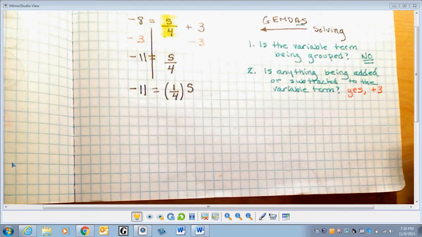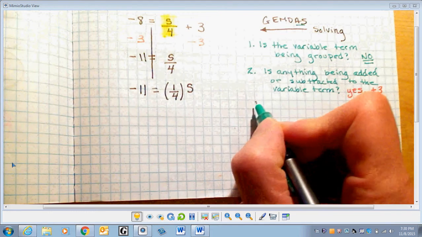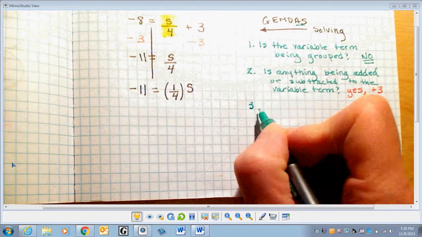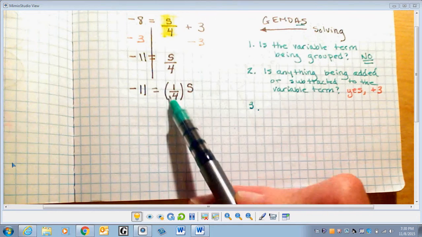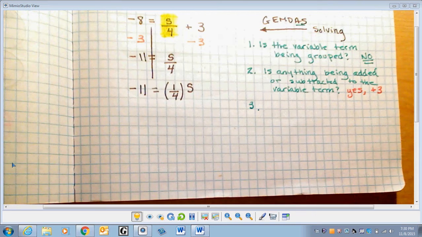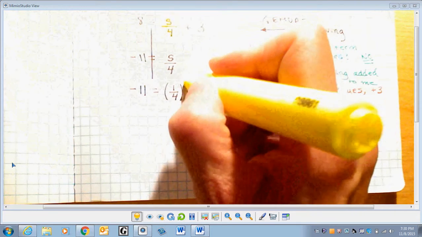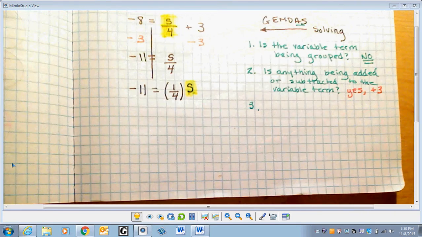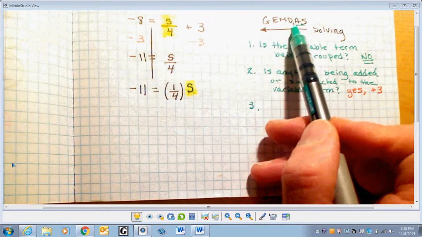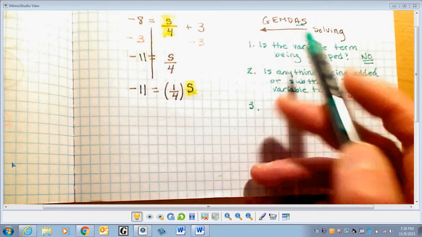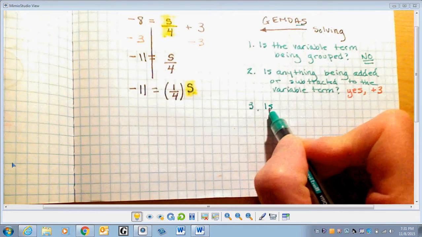Okay, so now I'm going to ask myself my third question. I don't have anything more being added or subtracted to my s right here. Now I'm just going to highlight the variable. Don't have anything else being added or subtracted, but I'm going to ask myself, do I have anything being multiplied or divided? So,